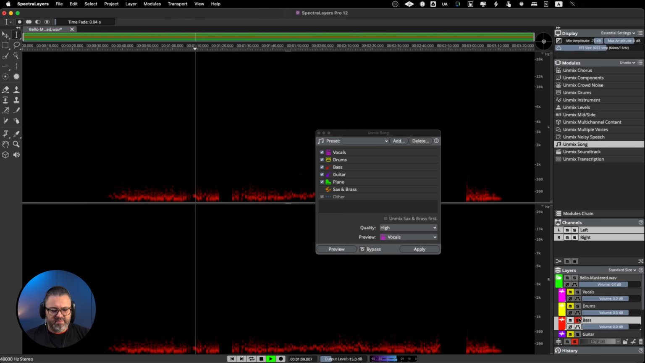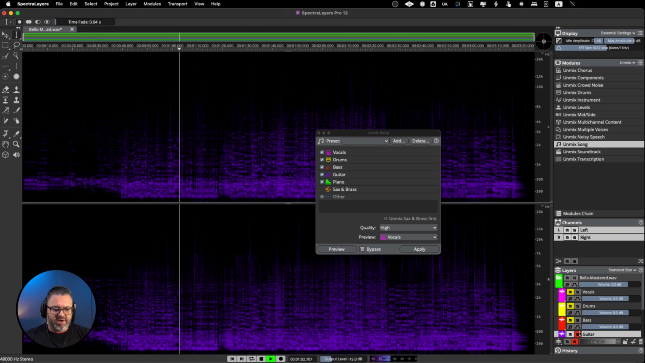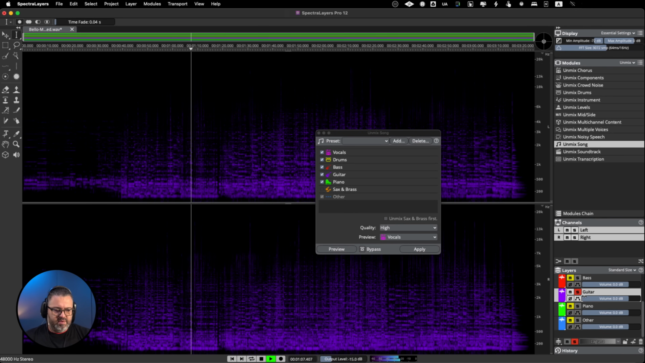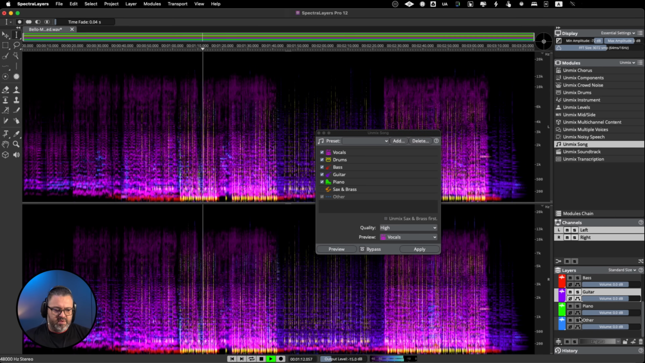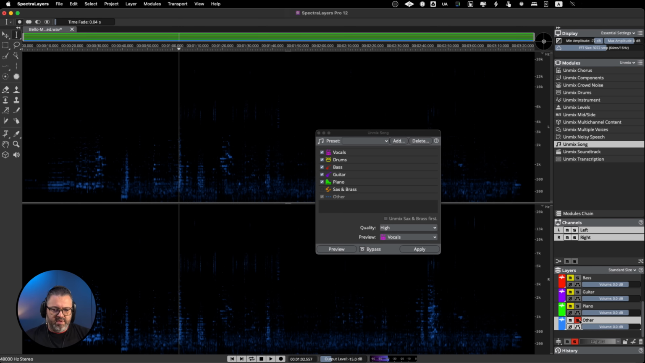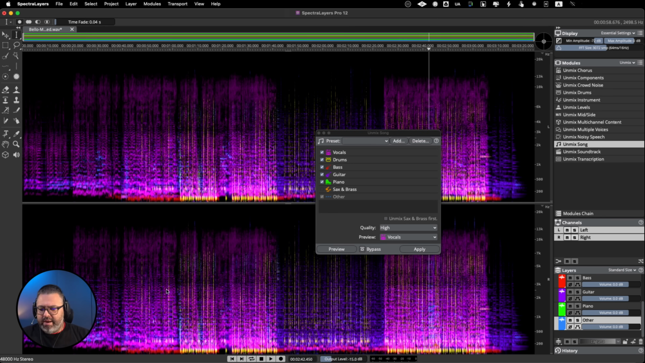Bass. Guitars. And as you can hear, it's super ultra clean. Everything that we take out